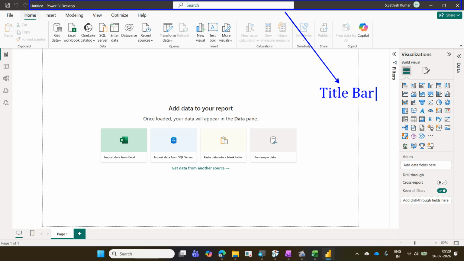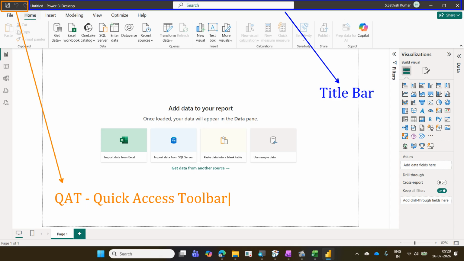On the left hand side of the title bar, there are 3 or 4 buttons available here. This one, where we can see save, undo, redo, this area we call the quad. As of now in Power BI, the quad has very fewer options compared to Excel. Quad is quick access toolbar. Below the quad, the whole area, file, home, insert, modeling, view, optimize,